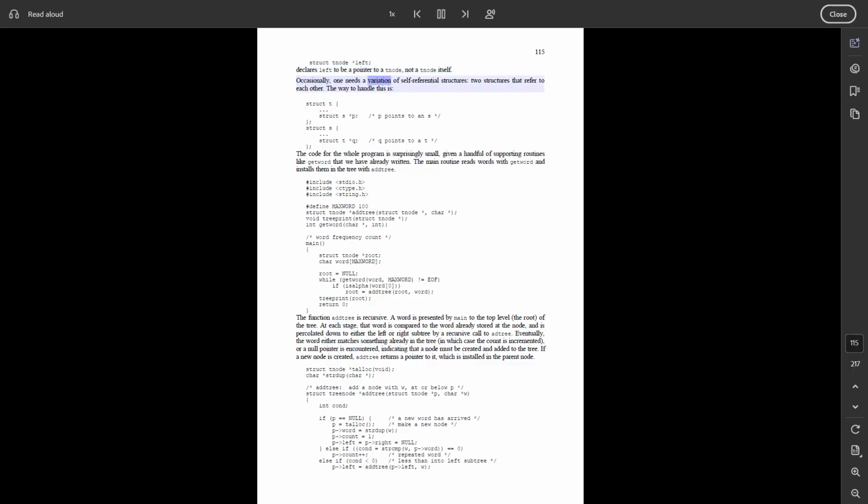Occasionally, one needs a variation of self-referential structures, two structures that refer to each other. The way to handle this is: struct t { struct s *p; /* p points to an s */ }; struct s { struct t *q; /* q points to a t */ };